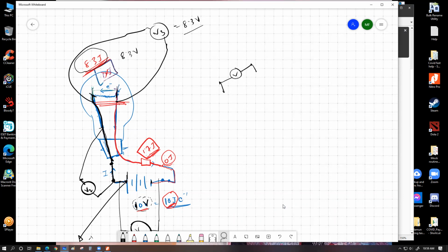Now, how does that help? Now, one thing you have to understand. If the voltage across these two points is 8.3 volts, then electrons will flow from left to right. 1 coulomb of charge is going to flow through this path with 1.7 joule, and eventually it's going